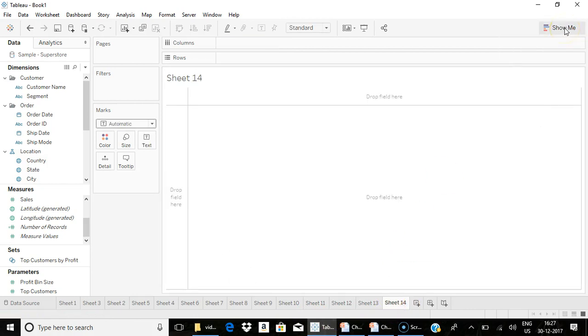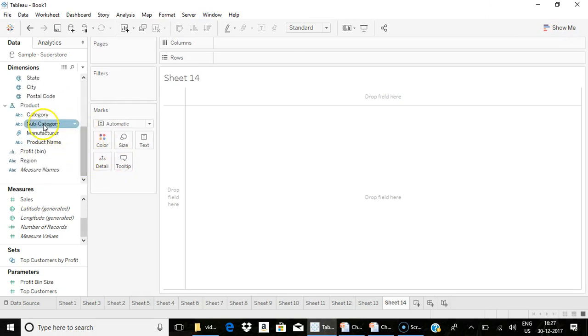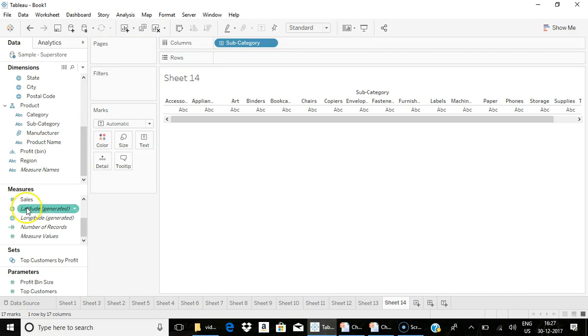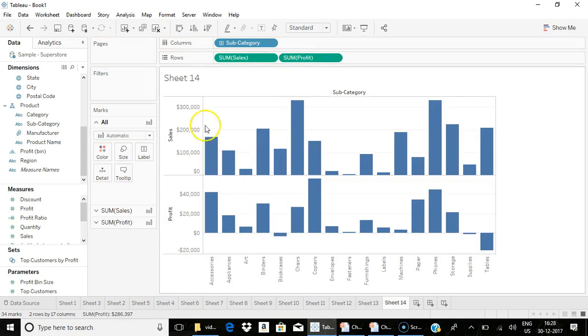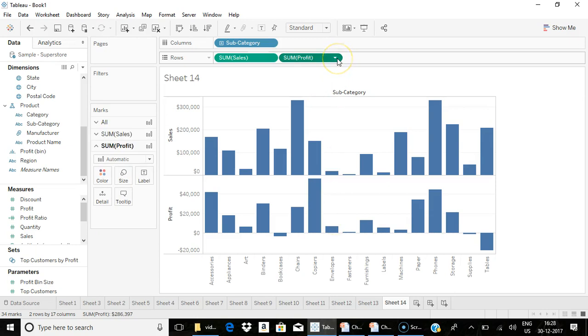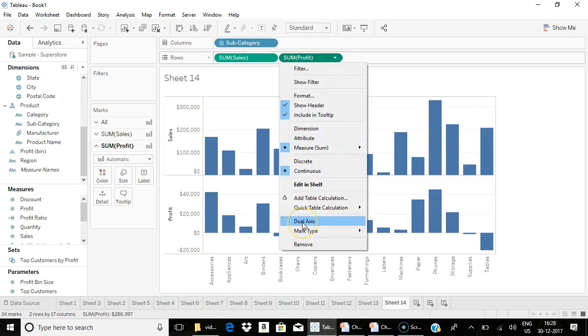Next, I am going to explain to you how to create dual axis graphs in Tableau. In order to create dual axis graphs, that is, if I have subcategory, sales, profit, and I want to show this graph as a dual axis, I have to click on my second measure and choose dual axis.